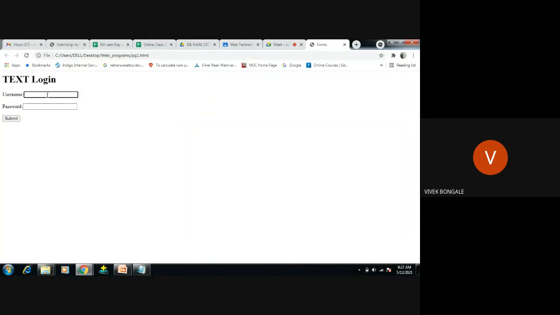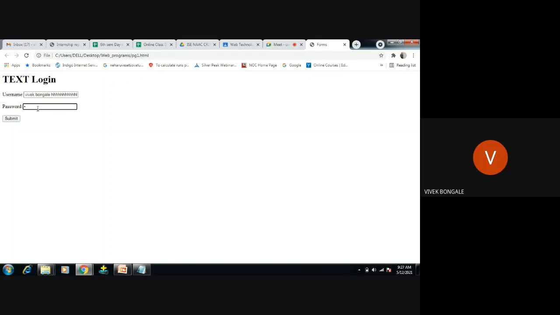So I will give the username now. I can give the user any username like Vivek B. I can give any letters. How many characters we want, we can give here. I'll just give how many letters we can give over here, because we have not given any constraint for this username. And when it comes to this password, I'll enter a letter, now G.